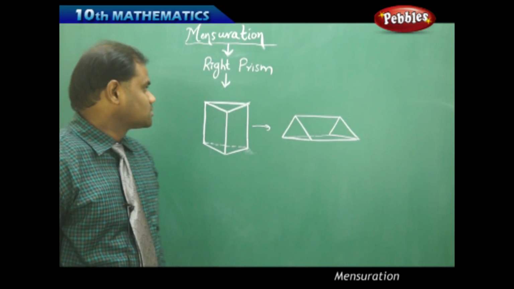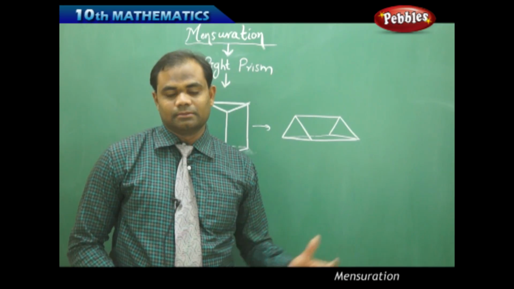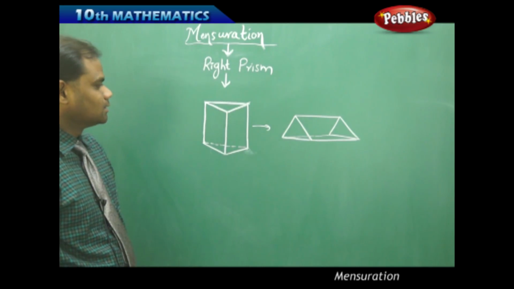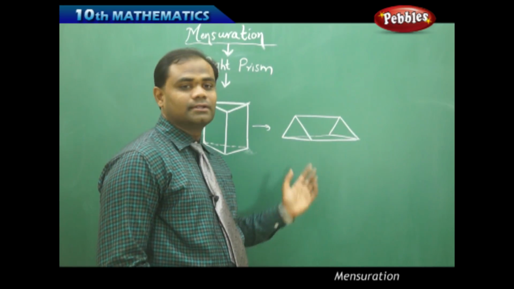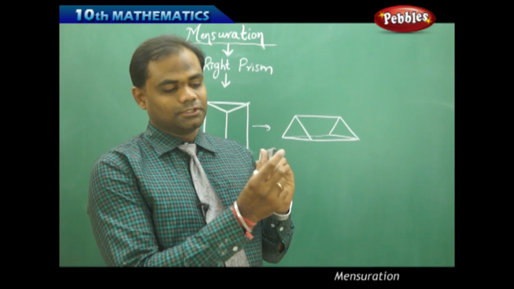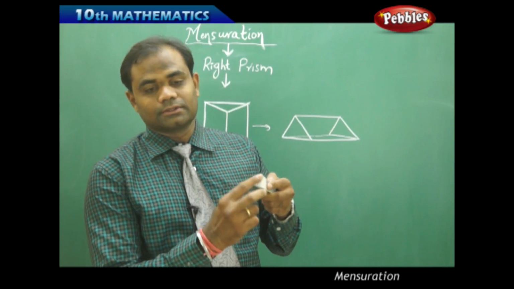Prism is the next solid structure which we are going to consider in the mensuration. Now, what is a prism? Usually, a surface which has two triangular regions and rectangles is a prism. Say, for example, I have this, which is a triangle out here and a triangle out here, and then I